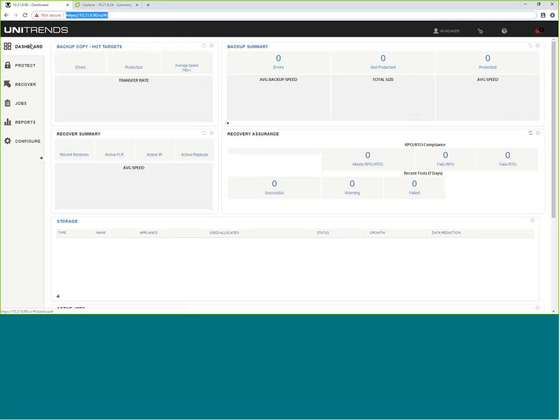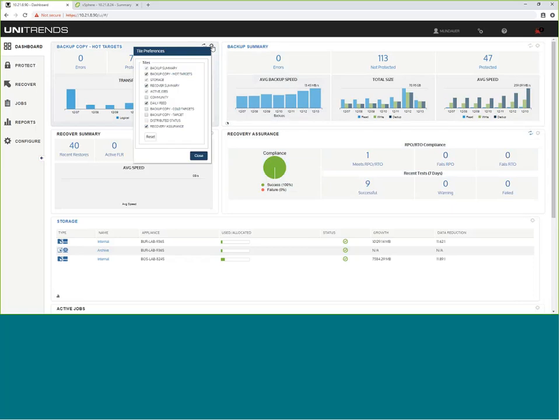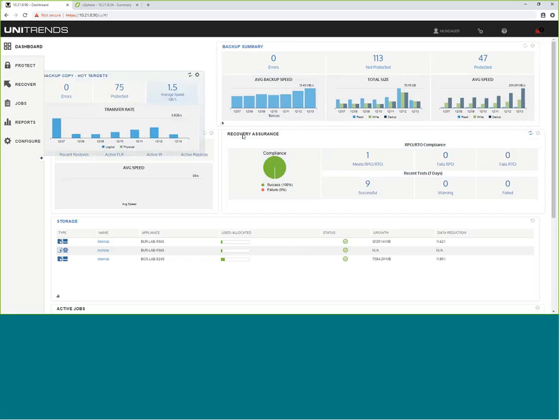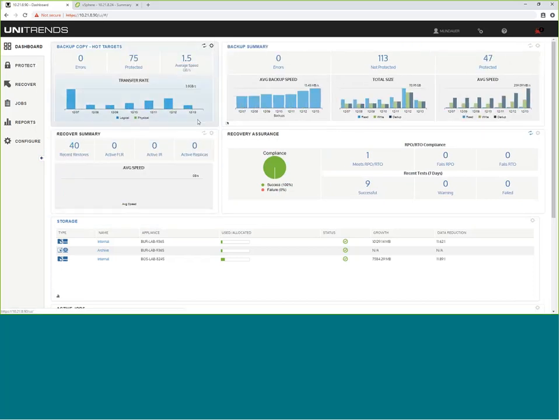Unitrends customers sign in the morning, they see this dashboard. The dashboard provides high-level summary information, whether it's about your backups, replication, recoveries, and even recovery testing, all listed in one place, so in 15 seconds you can glean all the information you need and go back to managing the thousands of other processes that you're responsible for. It's completely customizable, so you can pick and choose which tiles are visible. You can drag and drop different tiles around so that information that's really relevant and pertinent to you is front and center.